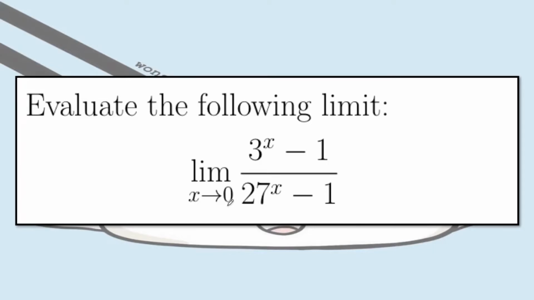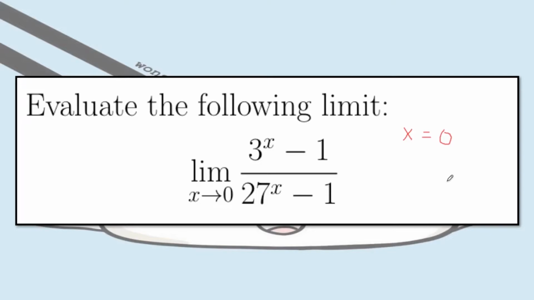If we substitute x equals 0 here, we're going to end up in an indeterminate form. Recall some of the common indeterminate forms: 0 over 0, 1 raised to infinity, 0 times infinity, and other